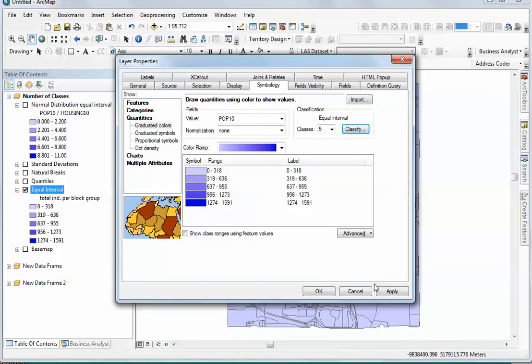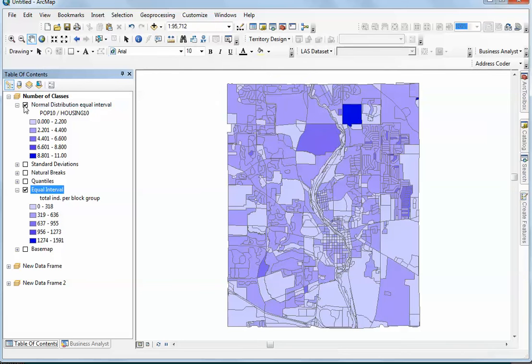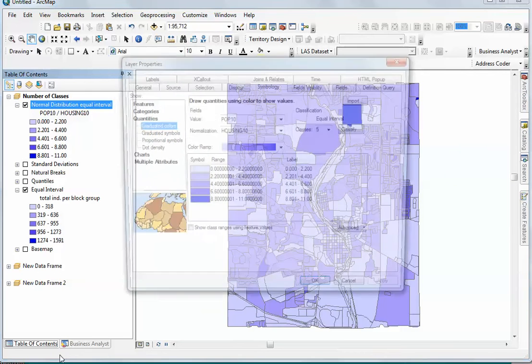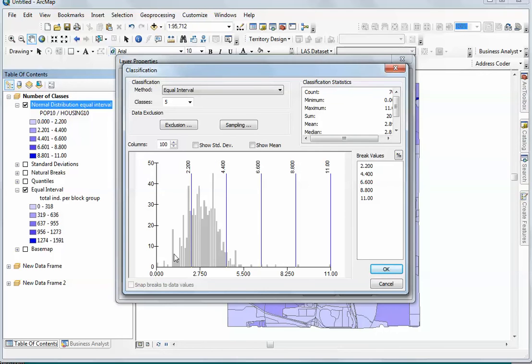Okay, now, what we can also see, though, is that if our data is natural or is normally distributed, and what I've done here is I've normalized the population of each block group by the number of houses. And if we look at its distribution, its histogram again, what we can now see, again, still equal interval, but in this case, you'll notice that our data is much more normally distributed. We still have an outlier out here, but these outliers have much, much less effect on this. In other words, really in our core of our data, we have 1, 2, 3 classes that really cover the